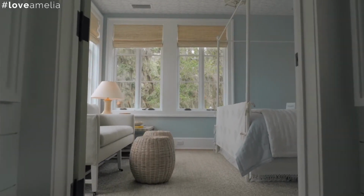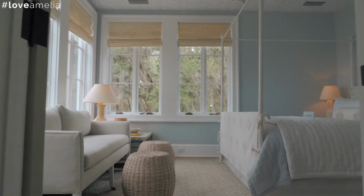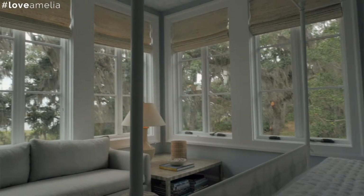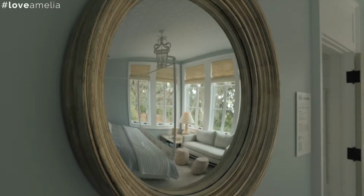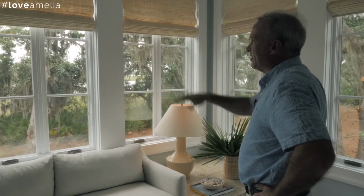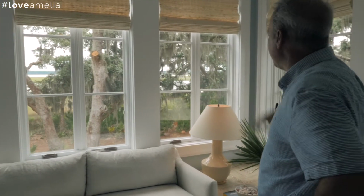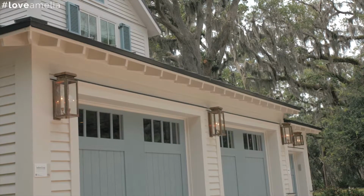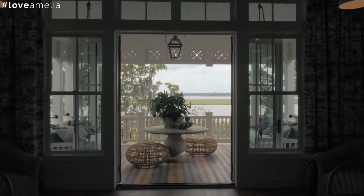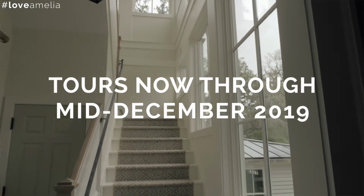Up here, you could have done a lot of different things. Today it's set up as a 5-bedroom house, but this could be a wonderful artist studio. It could be another den or library if somebody wanted it up here, but it doesn't get any better in terms of the view and the lines that are out here. Again, it's just a home that spreads out, and you've got different perspectives wherever you are in the home. And you've got to come see the upstairs, but the only way to see it is you've got to